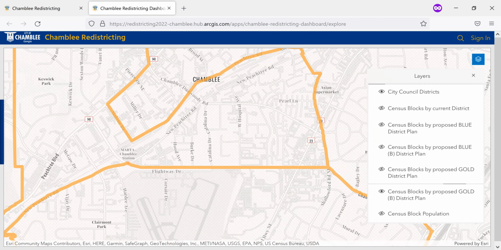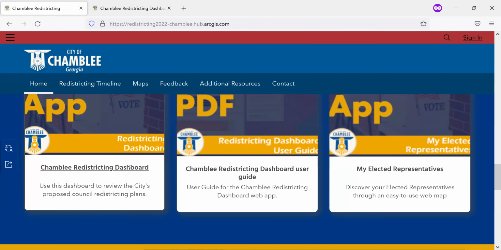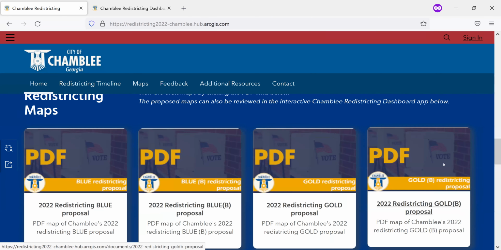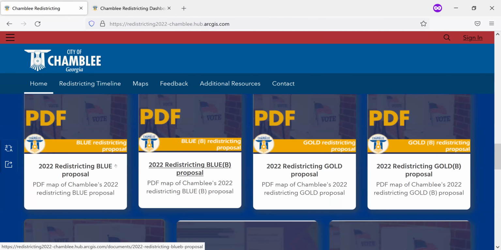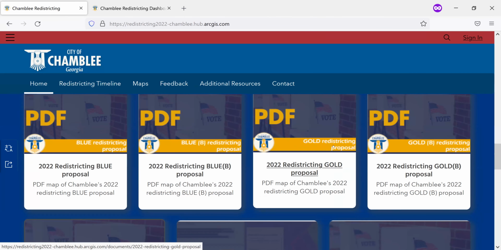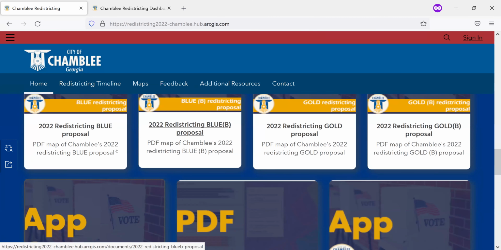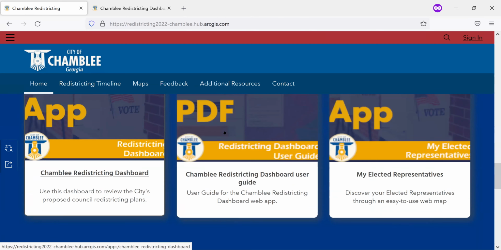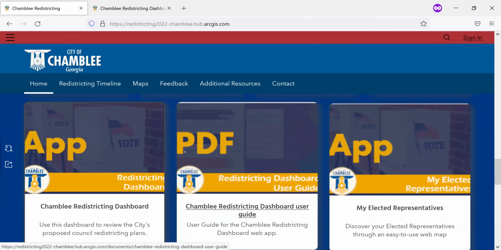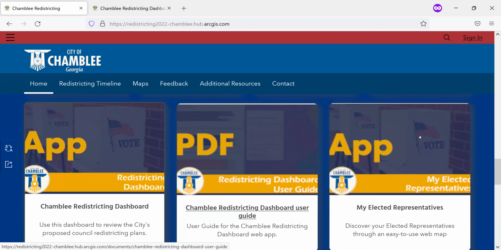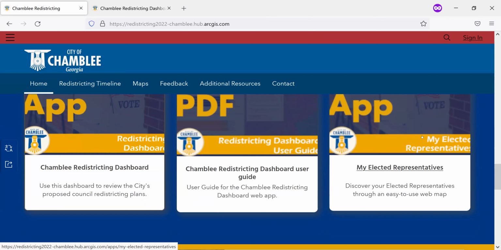If we go back out to the main redistricting hub page, you have the PDF versions of these, which you can load and find a static, printable map that you can look at. That's what John was looking at earlier. You have the link to the dashboard. We have a user guide explaining how to use just some of the tips that I just ran through, showing it to you. And finally, we have our elected representatives map, which we've always had up on the website, but